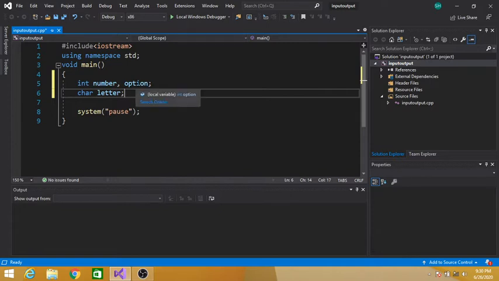And option is used for the user, whether the user wants to convert a number to a character or a letter to a number.